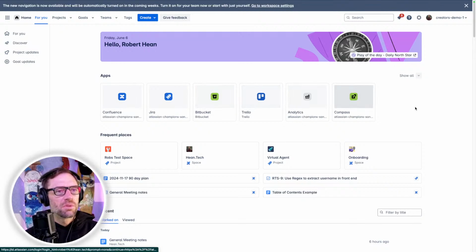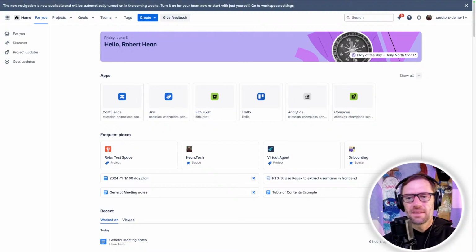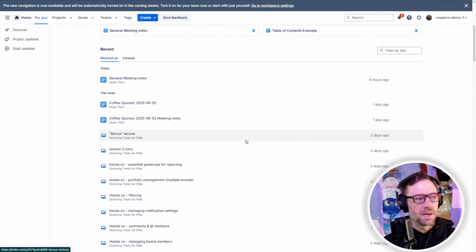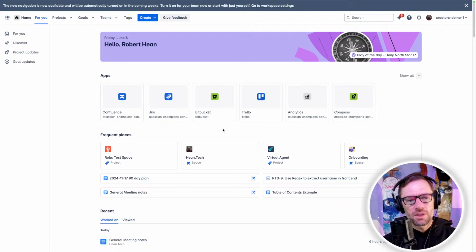I honestly don't know how much I would use this, and that might just be a weakness in my habit. But this was an interesting app or thing to learn about. And you can even see it's including Trello information, which is kind of cool. So I'll probably start using this more because I do a lot of different stuff across Atlassian. And it's really easy for me to lose things. And this is a great example of something that I have learned doing these trainings.